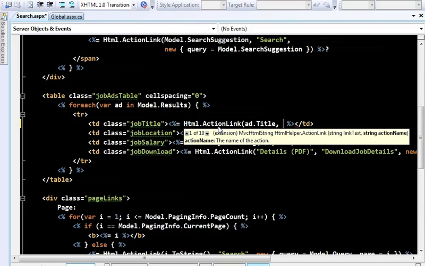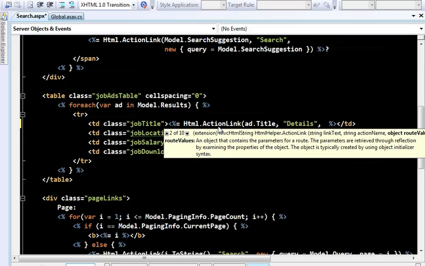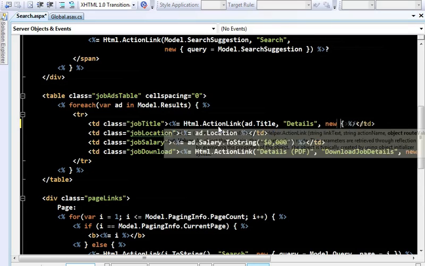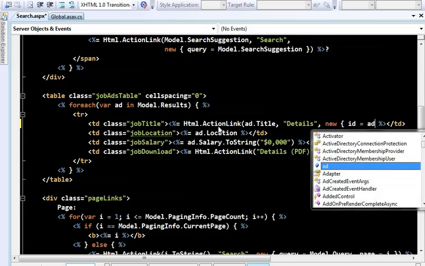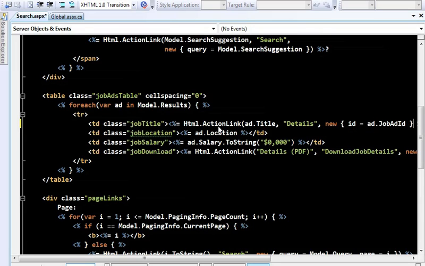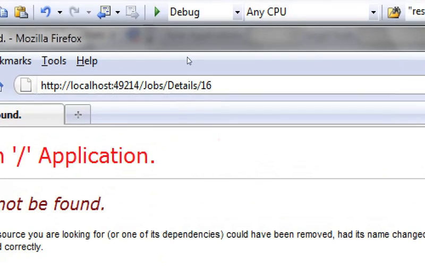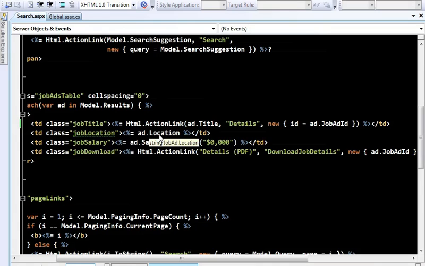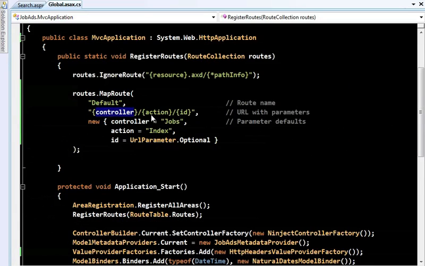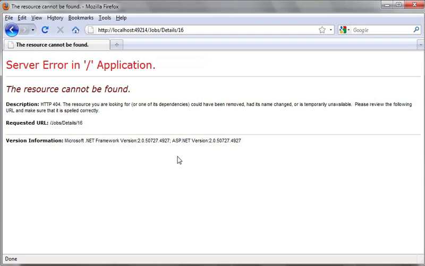And now I can specify other parameters that will be passed to the routing system to generate an outbound URL. Firstly, I'll specify the action name of details. There is no such action yet, but that doesn't matter. And now some more parameters. I'll pass an ID parameter, which shall be the job ad's ID. Now if I reload this page, we'll find that the links are clickable. And the URL that's been generated, jobs/details/16, matches up with the configuration that's been given in our routing configuration: name of a controller, name of an action, ID if there is one, although that's optional. But as I mentioned, there isn't any action method called details, so that's just returning a 404 right now.